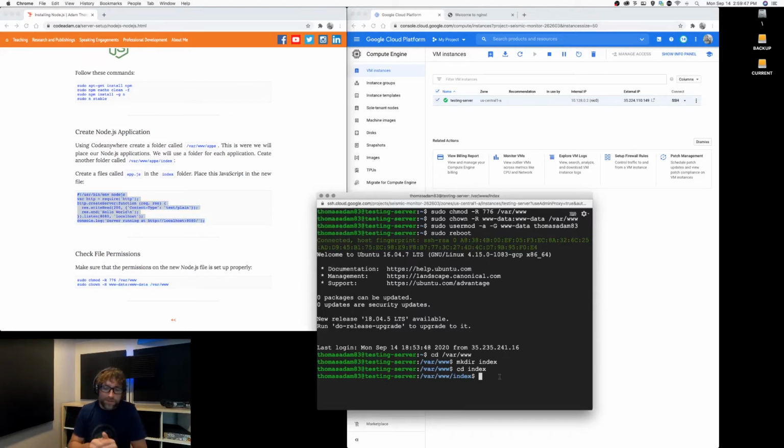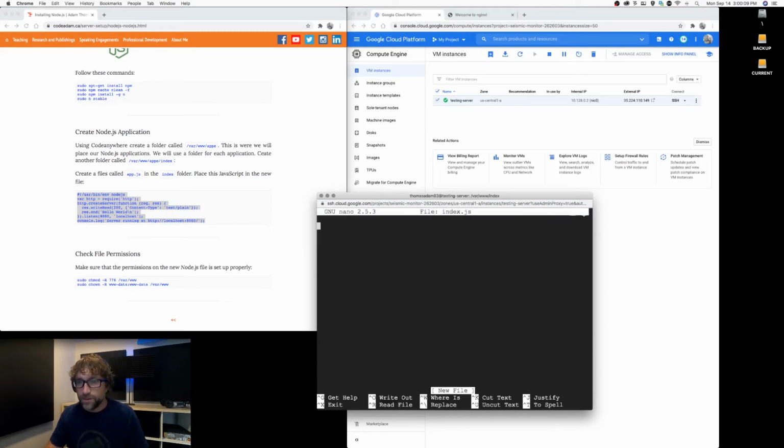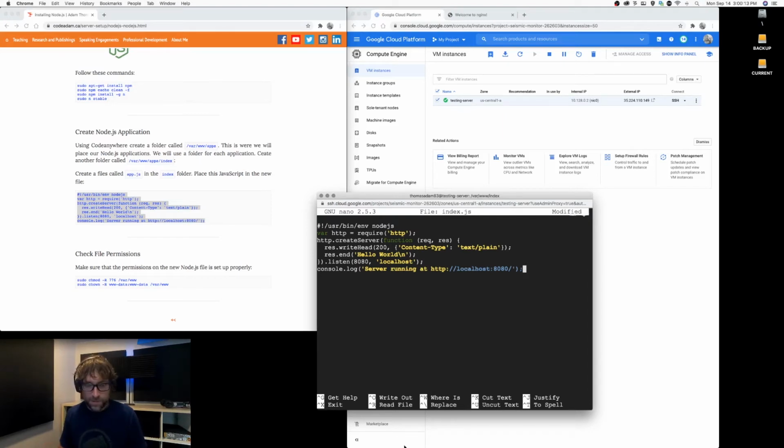On this web page, it's just going to say hello world. So I'm going to create a file called index.js, paste that Node app in there, save it,